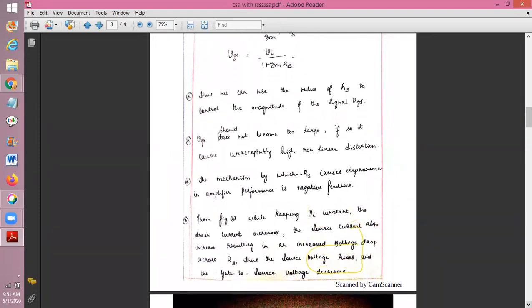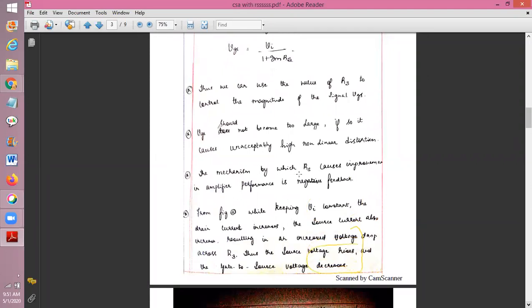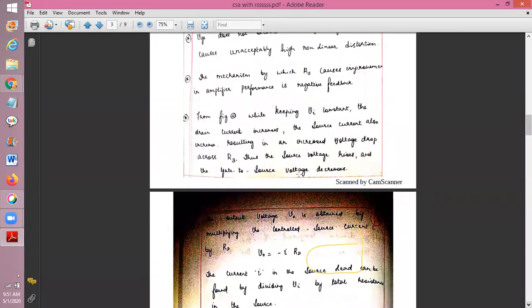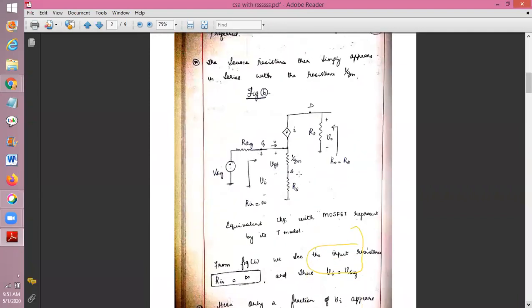Okay. So the stability will be improved. That's whatever we have, we can conclude that. Now let us derive a few more expressions. So initially, if we want to further proceed, let us find the output voltage V0.